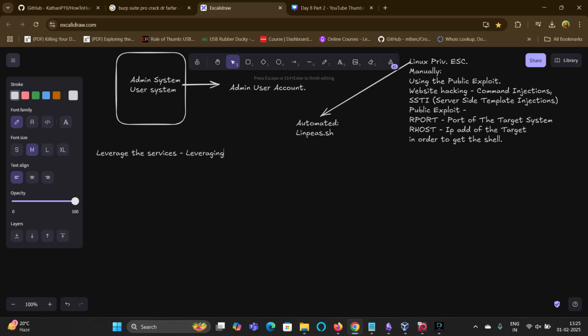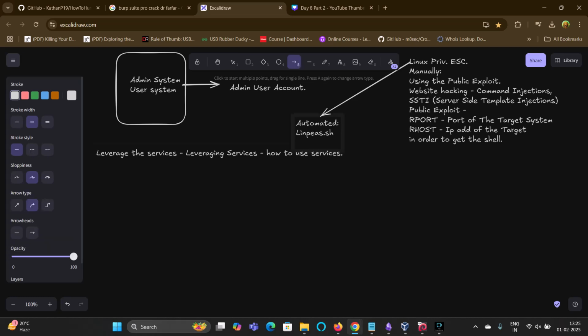Leveraging services, that means how to use the services that you have got into. Firstly, in order to leverage services, what you are going to do is